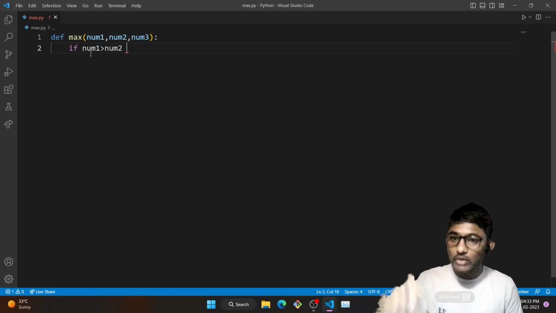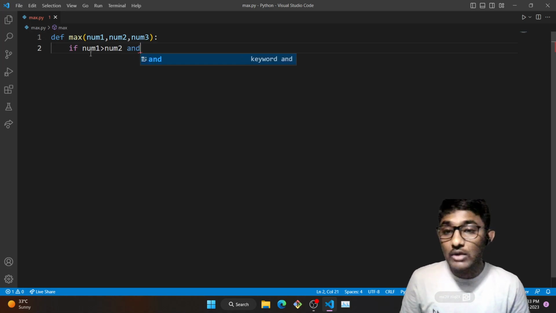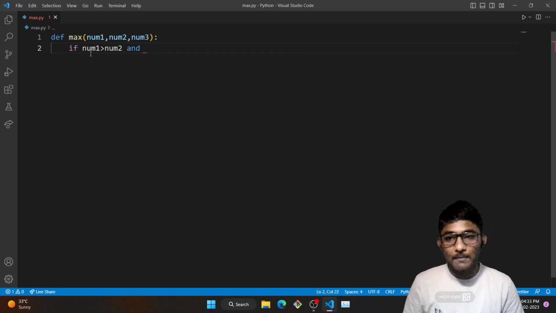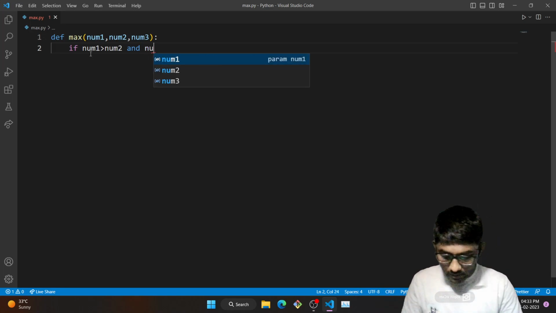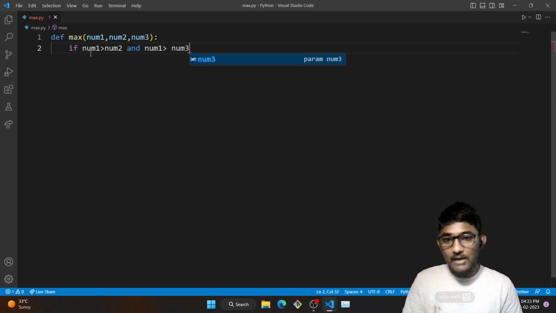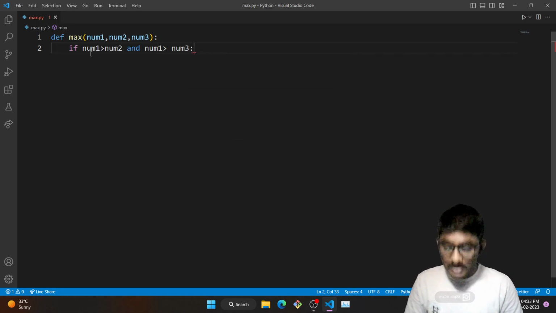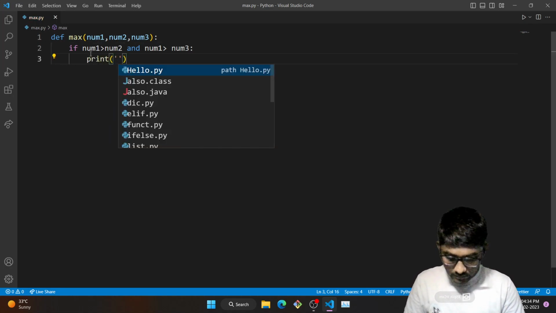If both of them are true, then it is going to execute the next line. In order to do that, we are going to make use of the bitwise operator, and that is and. So if number1 is greater than number2, and if number1 is also greater than number3, if both of these conditions are satisfied, then we are going to print